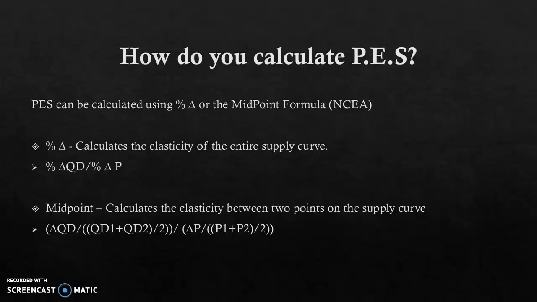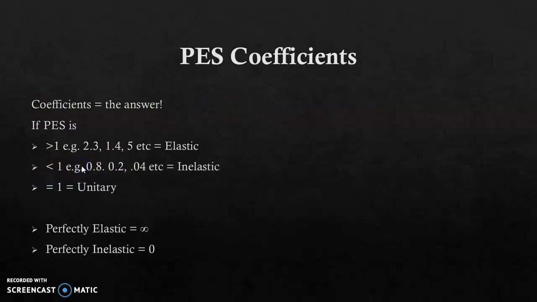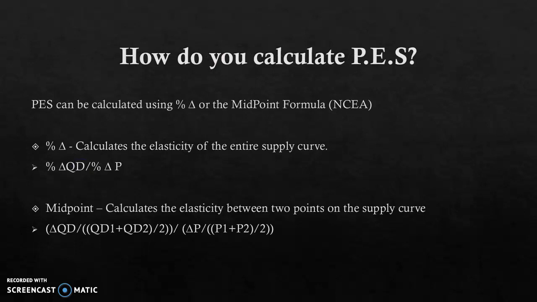And how do you calculate it? I've explained this to my class before. We watched that video. I was cunningly trying to get you to watch it and then do the work. So we have two formulas in particular for PES, and we're looking at the percentage change method, which is literally the percentage change. Oh, that is so wrong. That's supposed to say quantity supplied. I'm so sorry. I will change that. I don't want to interrupt the video, so I'll pause that and do that. Sorry, I don't know what I was thinking.